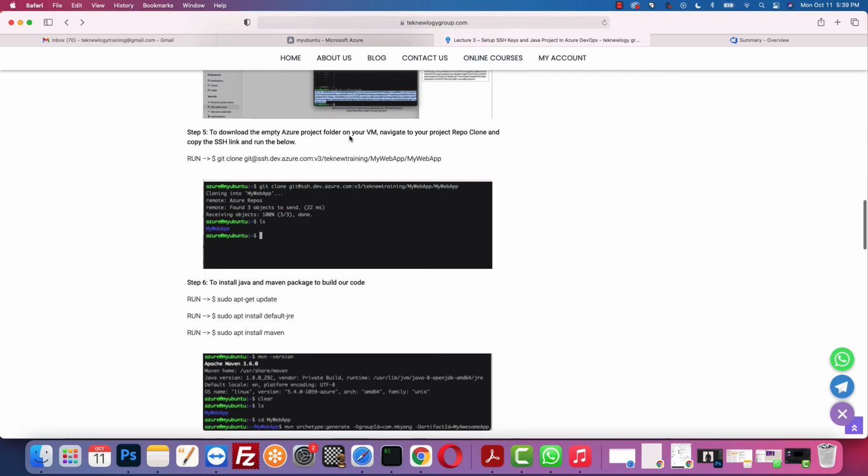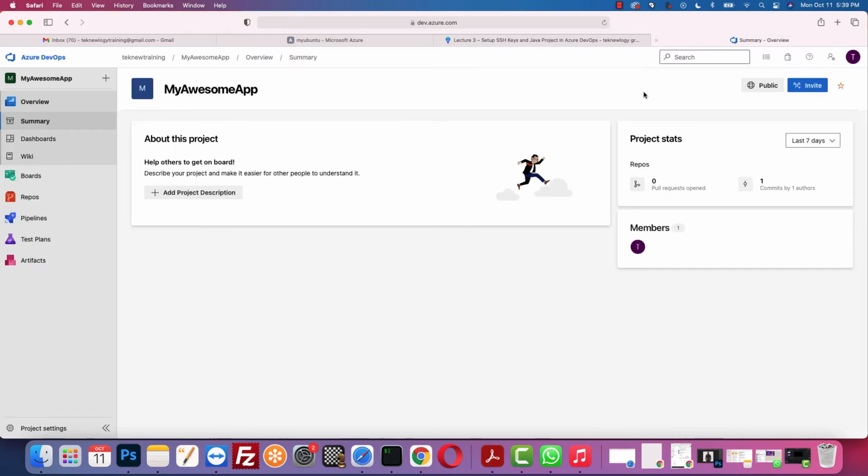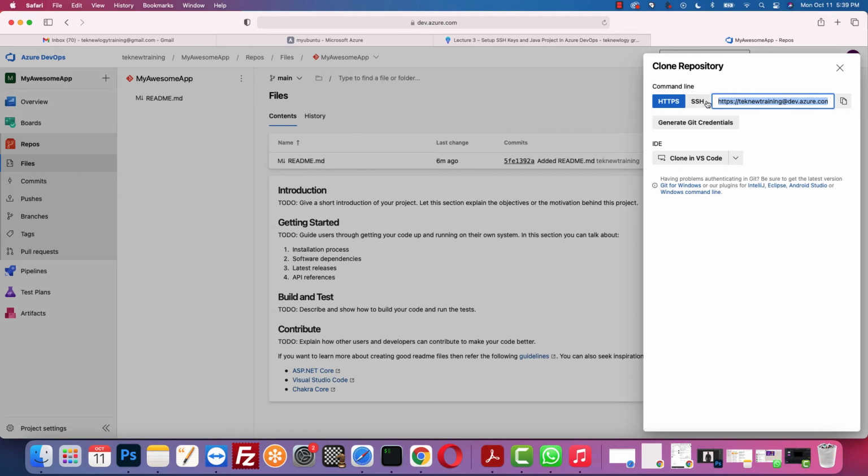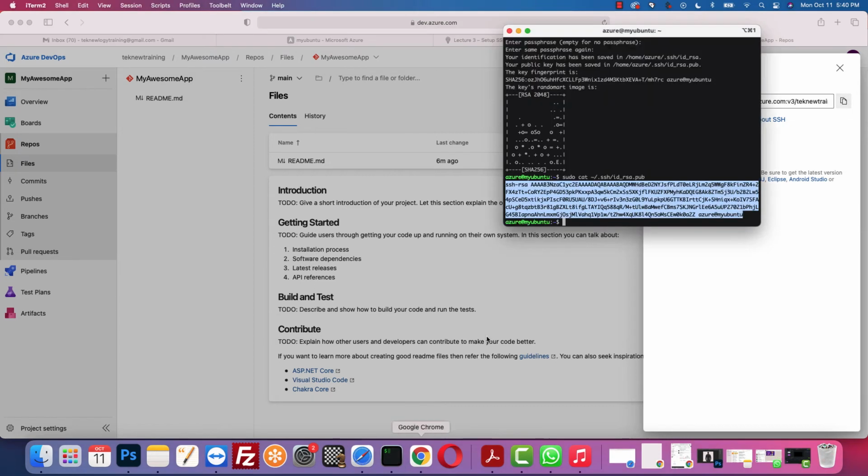the empty Azure project on your virtual machine, navigate to the project repo, clone and copy the SSH link and run the below. So simply we need to go right here, go to repo, click on clone. Now we're back here, we already connected our SSH, so click on SSH and copy. The last task we did was to connect our SSH key on here, so we already did that. Then copy the SSH link right here,